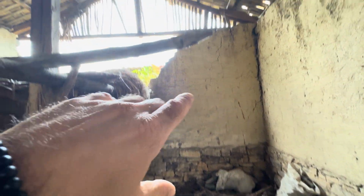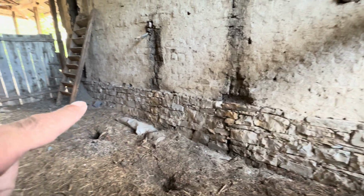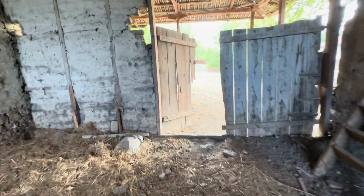Remove this wall. You can see the beam is straight. Doesn't matter, the wall is gone. You can open this one, and you have this strong stone foundation everywhere. Everywhere. Two long sides plus here. Perfect. And a good proper size of a barn. And the good thing is that you got